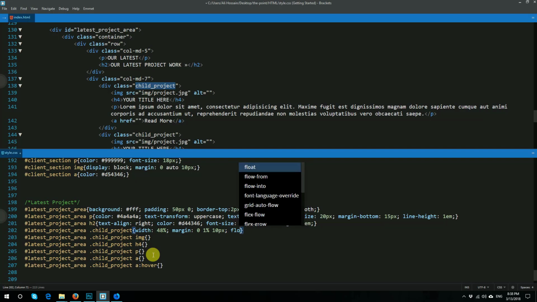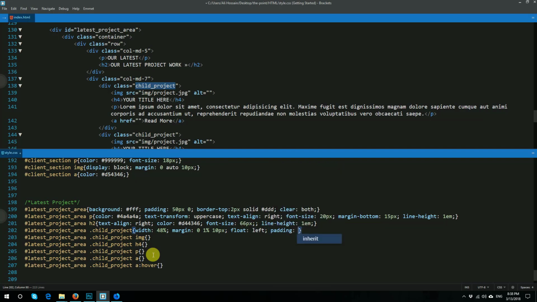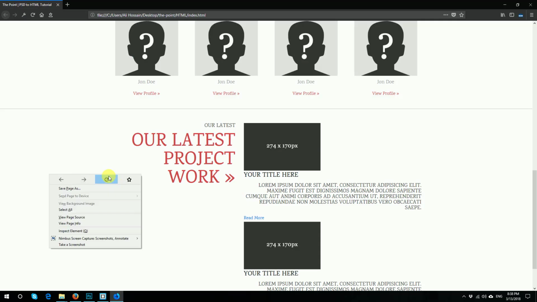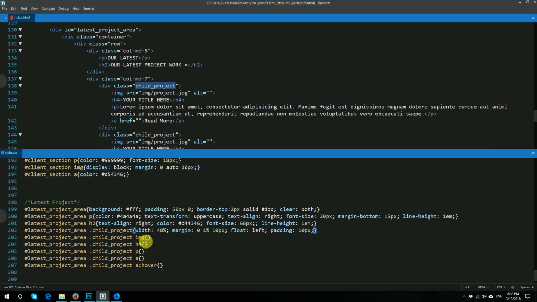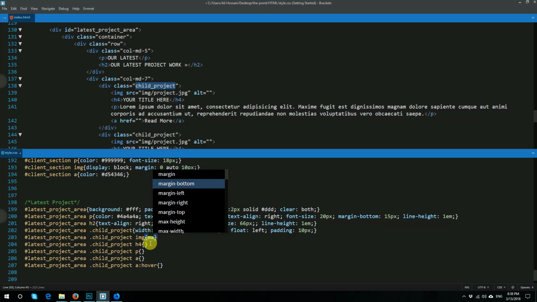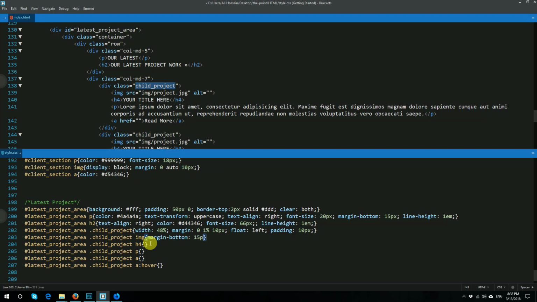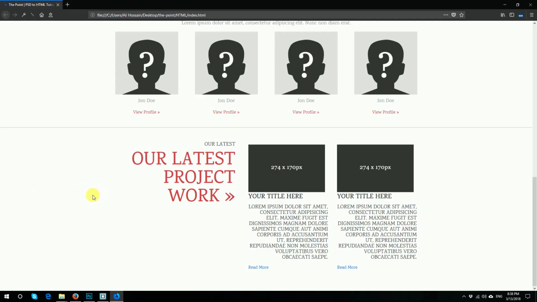Then float left, then padding 10 pixel. Okay, now if I refresh, it should do something like that. Okay, it's good. Now image margin bottom 15 pixel, and here I should use text align center. Okay, now if I refresh, okay,